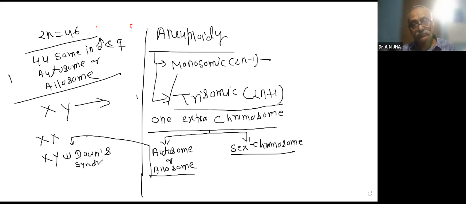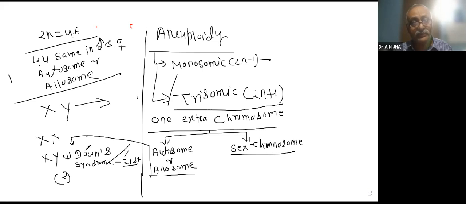Down syndrome, in which the 21st chromosome becomes extra. That is fixed, just like your roll number. The roll number of a chromosome is fixed according to its size; you can't change it. Suppose these are the chromosomes. So according to the size, the roll number of the chromosome is fixed. So if the 21st chromosome is extra, it is called Down syndrome.